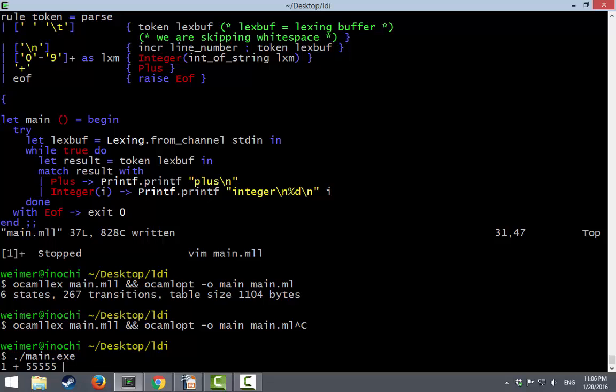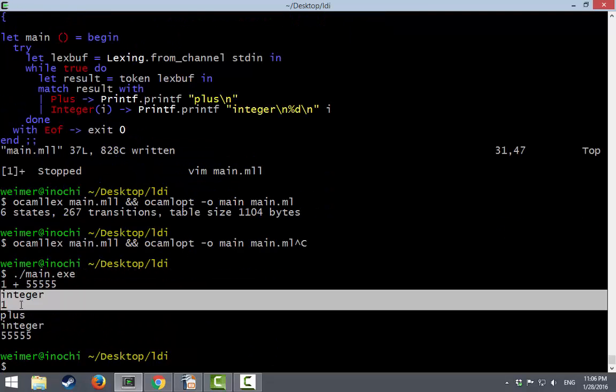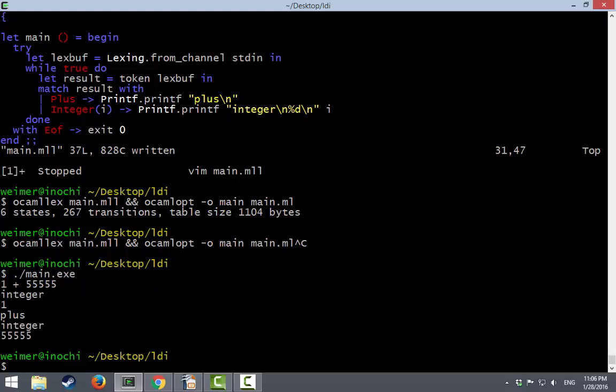Let's make very different integers so that we can see if it's actually working. And here we see the integer 1, and then a plus sign, and then the integer 5555. This is looking pretty good. But,